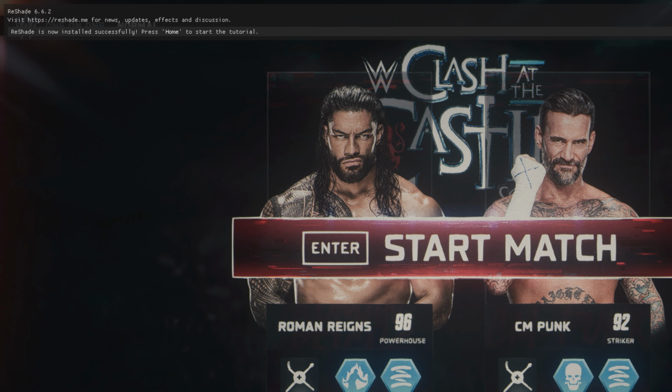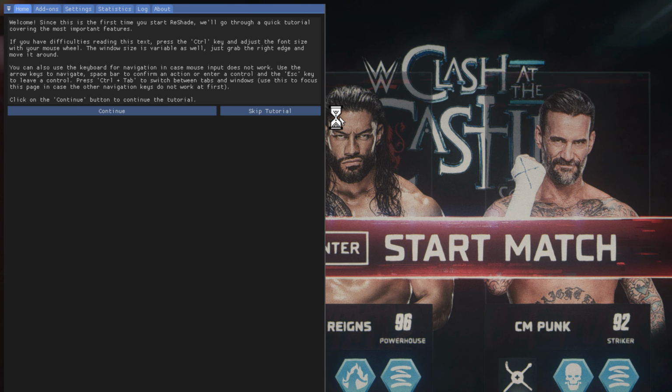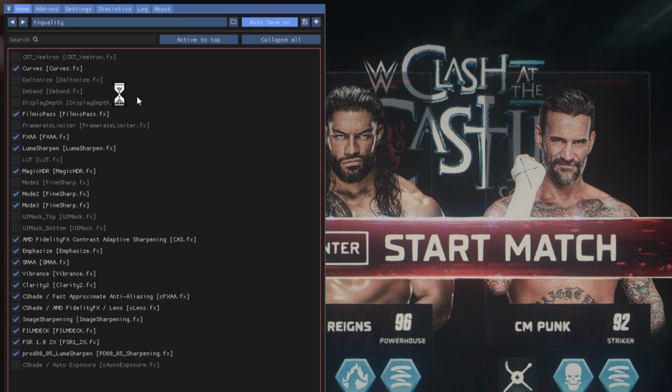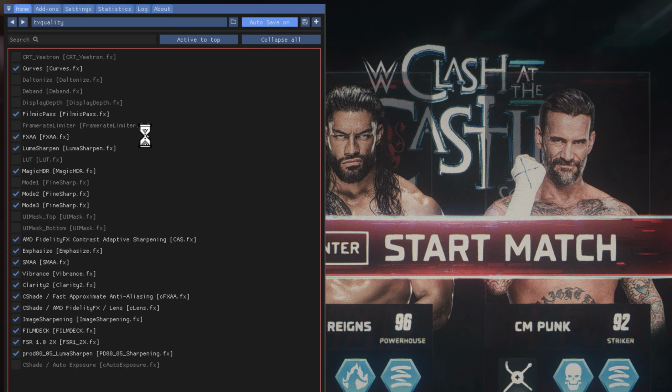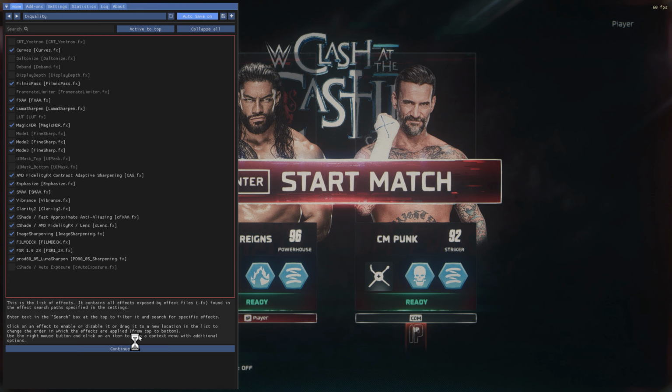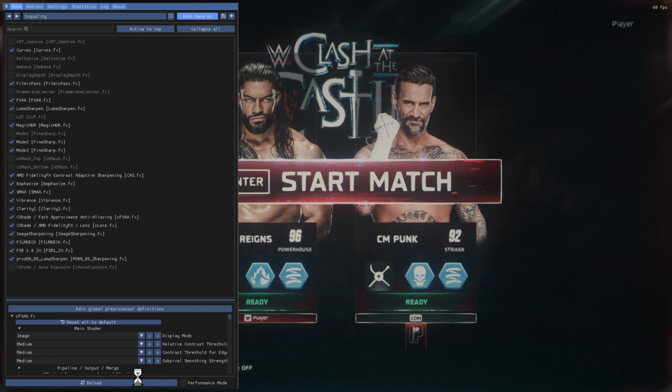Just press the Home key to start the tutorial and select the continue option. Again continue and go to settings. Effect toggle key, set a key you like. I'm gonna set 1 and then go back to home and select the continue option and select finish and select